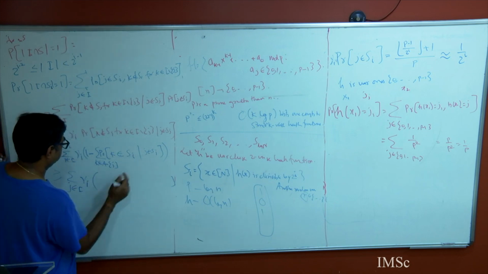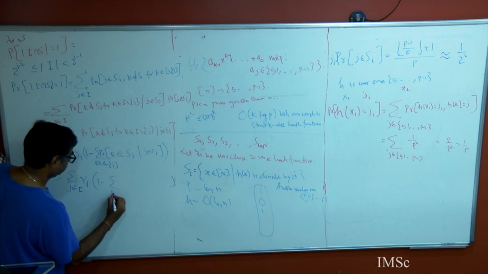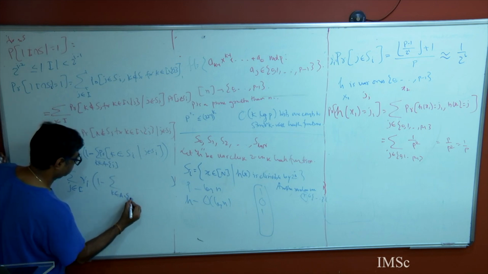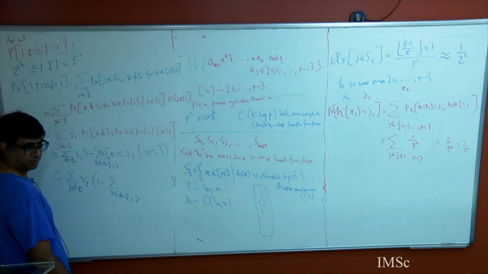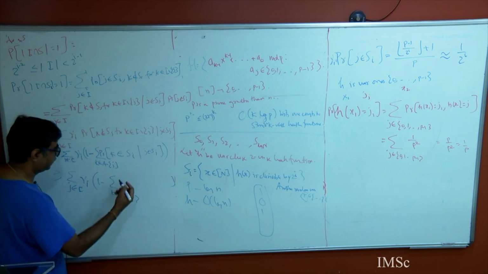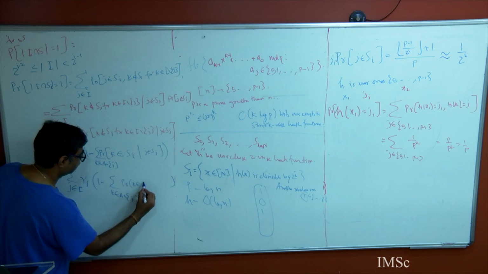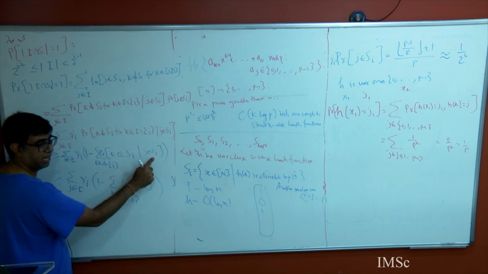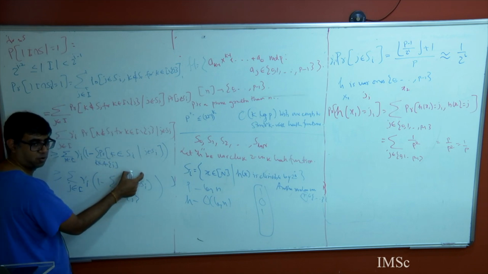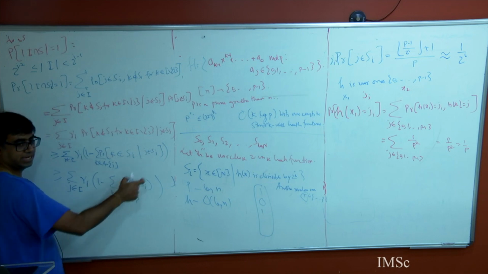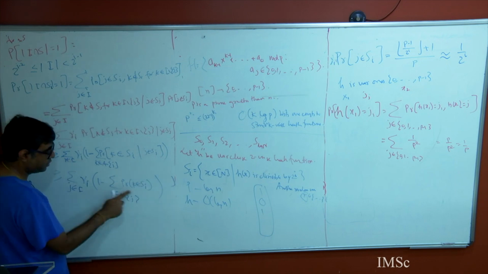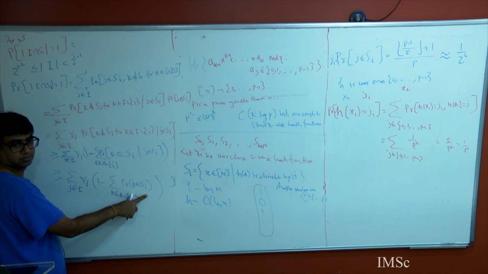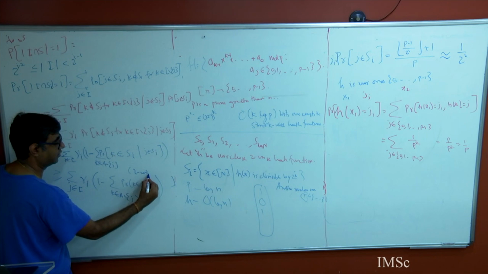What is this probability? Apply two-wise independence, no? So this is the same as saying probability k belongs to Si. Because I can write probability A given B as probability A intersection B divided by probability B, right? And this will get cancelled because probability A times probability B, because of two-wise independence. So basically I will get this.